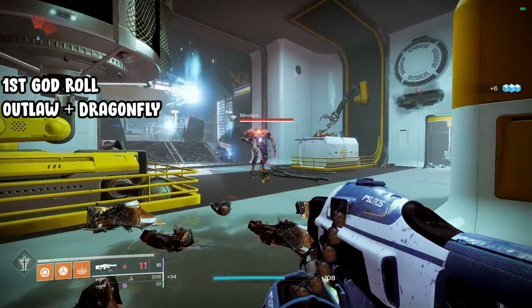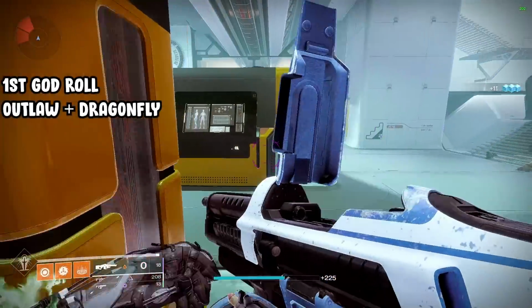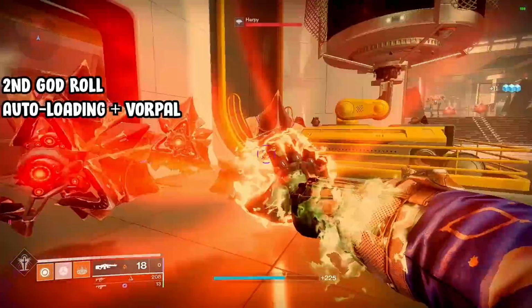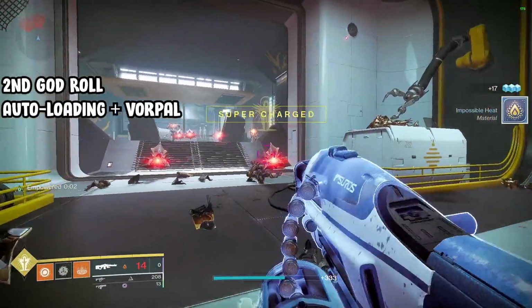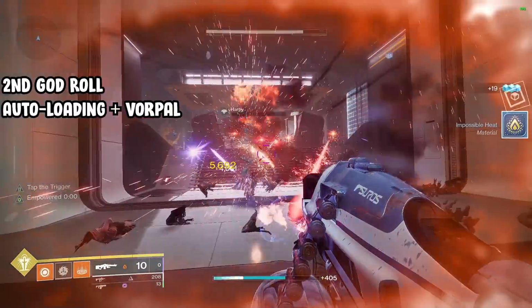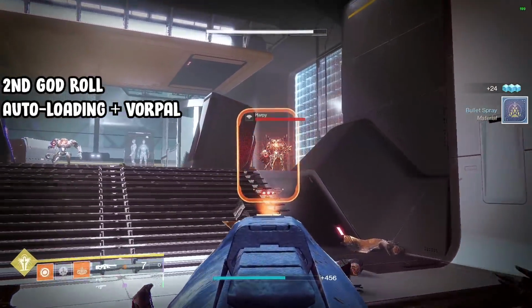The other way this machine gun could be used in PvE is for dealing with the occasional ultra or major. So something like auto-loading holster and Vorpal Weapon would be a nice combo. You could pull the weapon out, tear through the yellow health bar add, which Vorpal Weapon is increasing your damage on, then throw it back in your pocket and have it auto-reload for the next enemy or the next major